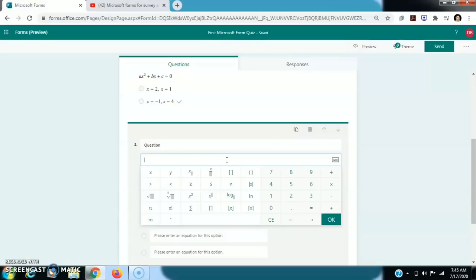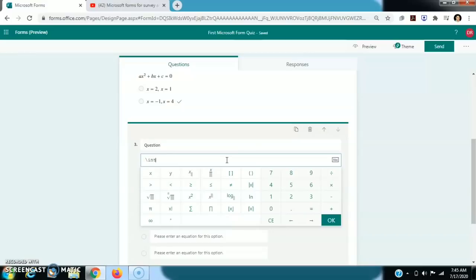We can type here as we type in LaTeX, and then we can convert them into equations. Suppose I want to integrate some function, then I have to use the LaTeX command \int. Suppose I want to integrate x square within the limits 1 to 2.